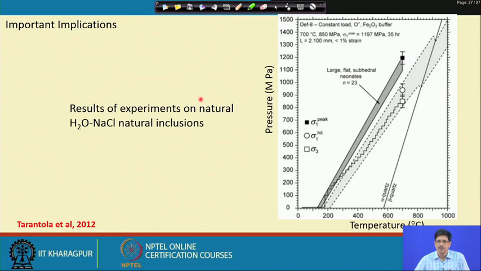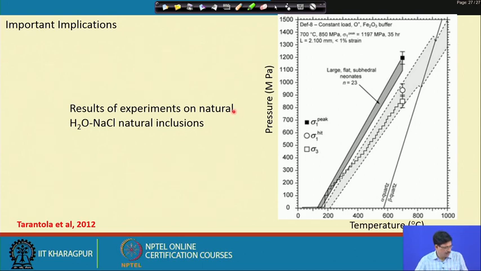So, these could be results of such kind of experiment, and the isochores constructed on the newly created inclusions, as seen from here, give us the idea about the value or the magnitude of sigma 1. This filled square corresponds to sigma 1, and the open square corresponds to sigma 3. So, we can get the values of the state of stress in natural conditions in the particular rock in which we are studying them.